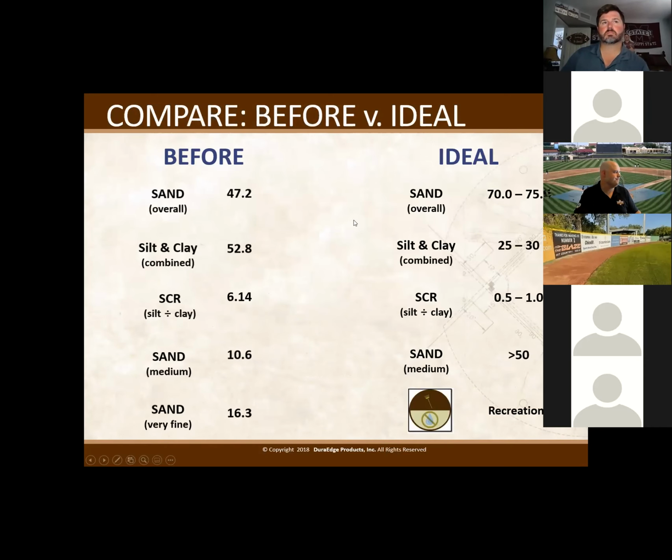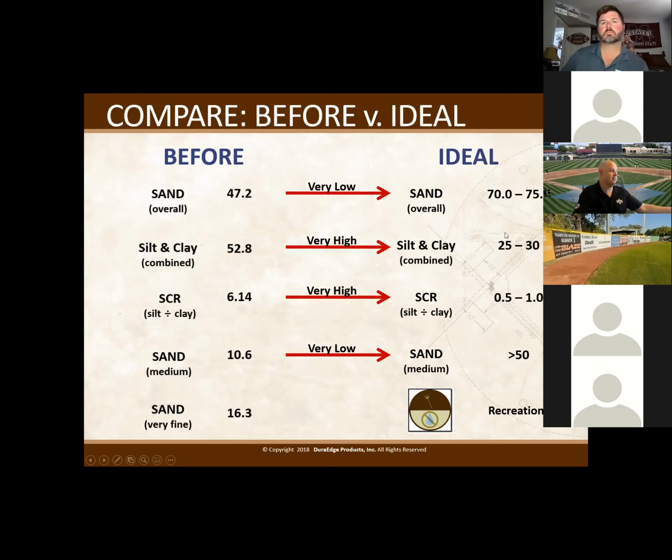Just walking through this, we showed the soil test of 47 and where ideal was for that soil test. So the ideal situation for a recreational infield mix, driven by soil testing, is 70 to 75% sand, silt and clay of 25 to 30, a silt to clay ratio of 0.5 to 1, and medium-sized sand greater than 50.